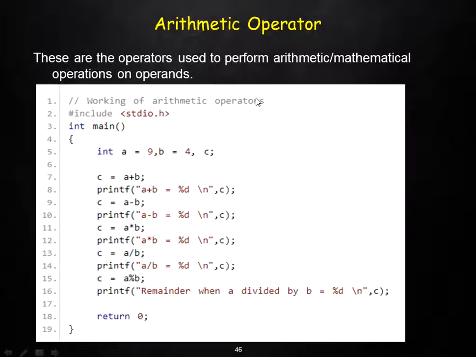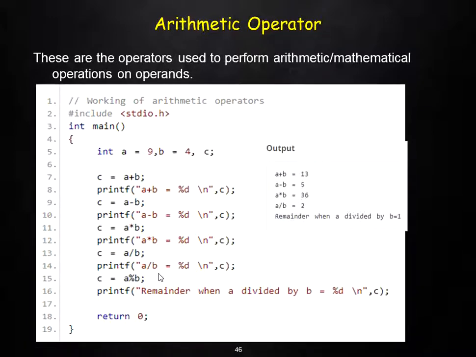Now when you come to arithmetic operators, the arithmetic operators are those that help you perform any arithmetic operation like plus, minus, multiplication. The forward slash is the division, and the division will give us only the quotient. And the percentage sign, which is called the modulus operator, will give us the remainder only. After the division is performed, whatever is the remainder will come out over here. So this is for addition, this is for subtraction, this is for multiplication, this is for the quotient, and this is for the remainder. Clear? Alright.